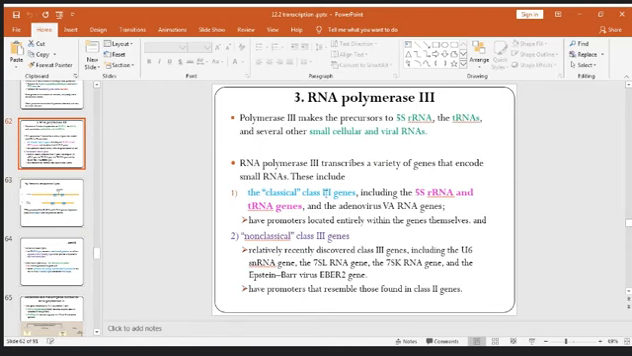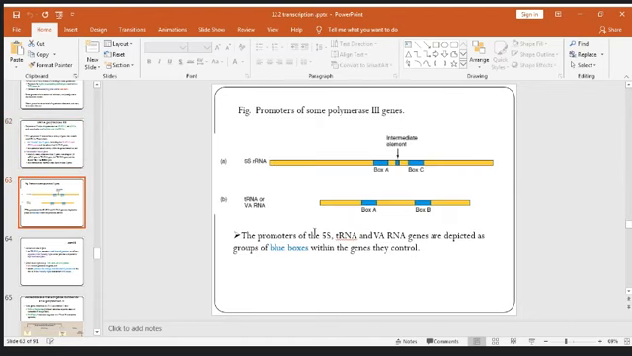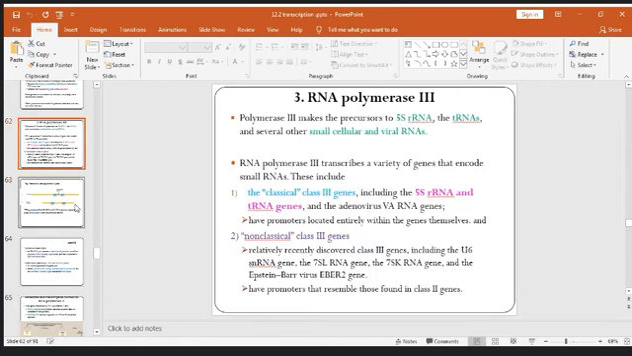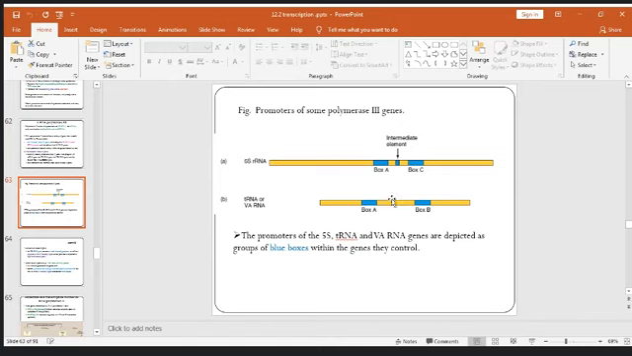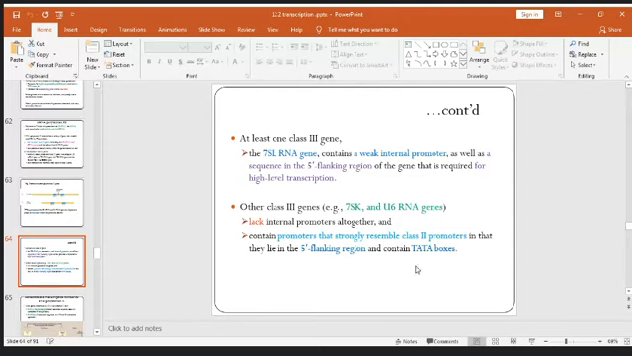ክላሲካሊ ክላስ ሪጅንስ ክላሲካሎቹ ማለት ነው ይሄ ሁለተኛው እሱ ነው የሚያሳየው ክላሲካል ሪጅንስ አንደኛው ደግሞ ክላስ 3 ሆኖ ነን ክላሲካል ሪጅንስ ኢንዲኬተር ማለት ነው so the promoters of the 5s transfer RNA and viral RNA genes are depicted as a group of blue boxes on the diagram within the genes by the control ማለት ነው ሌላኛው ኖርማል ጂኖች ሌሎቹ በየሎ ወይም በቢጫ የተመለከቱት ናቸው